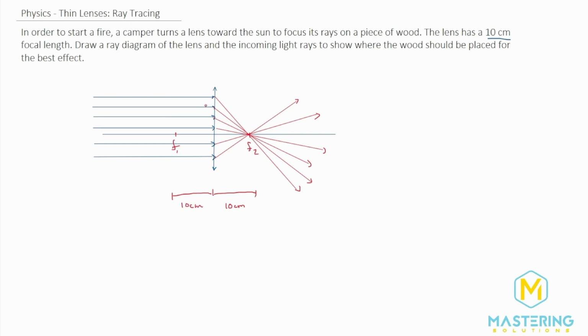So this question really is just trying to re-emphasize the point that when you have collimated or parallel light rays to each other, what will happen is, by definition, they will focus at the focal point. That is what the focal point is. That's where the light rays focus with parallel light.